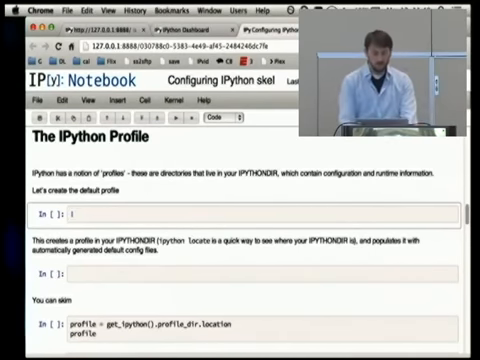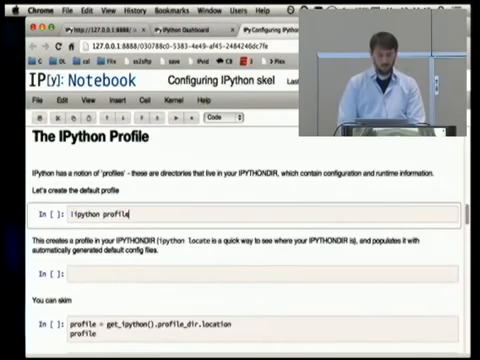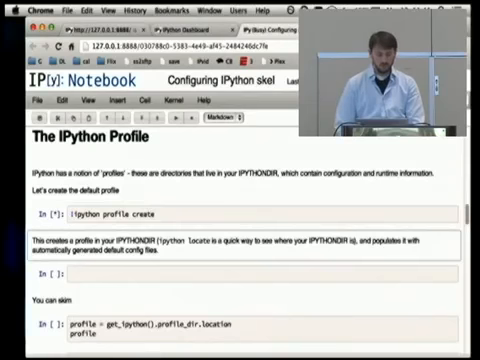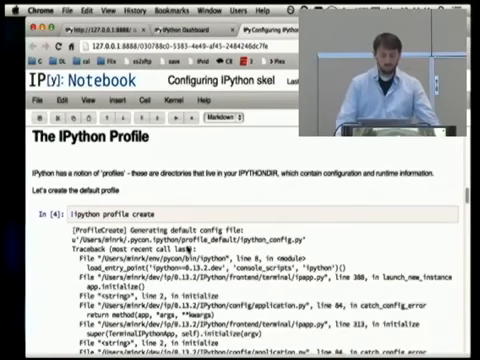So to start configuring IPython, we run the command ipython profile create, which will create, oh shoot,